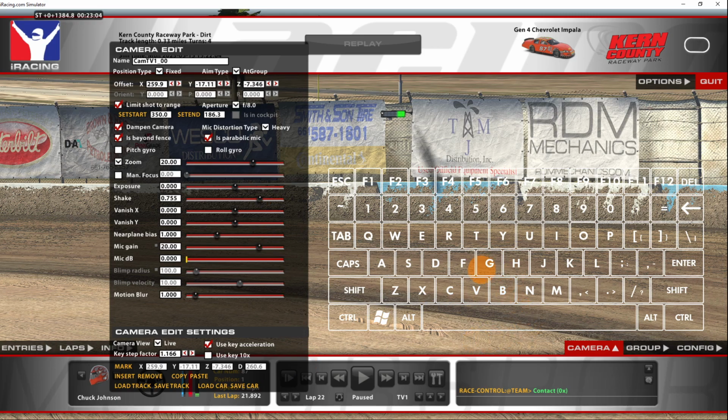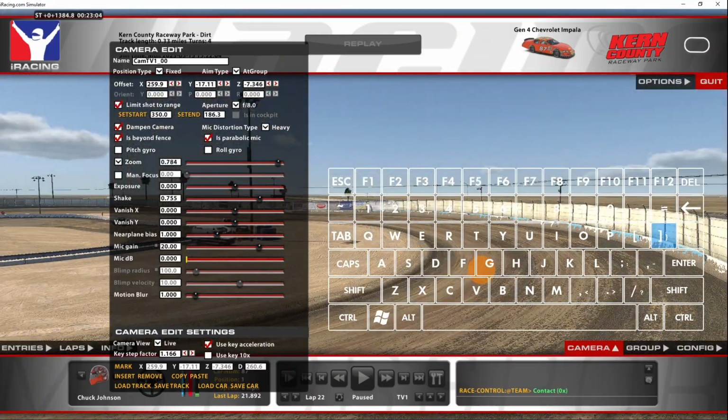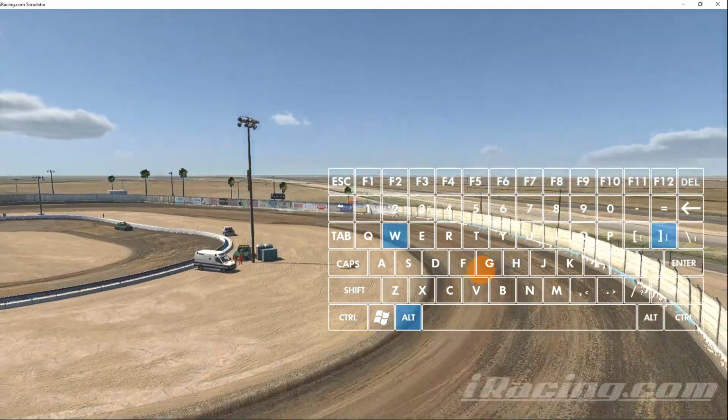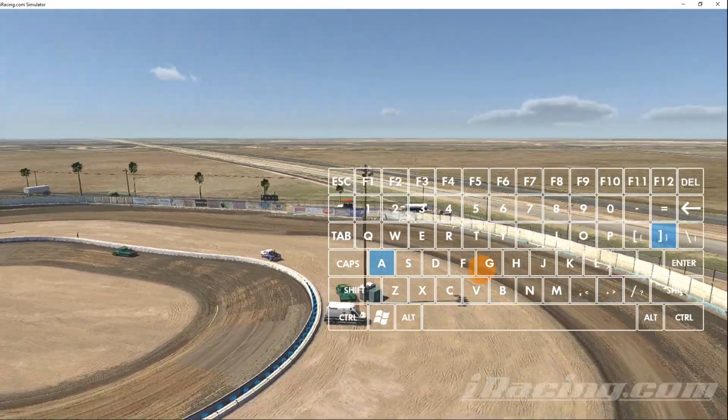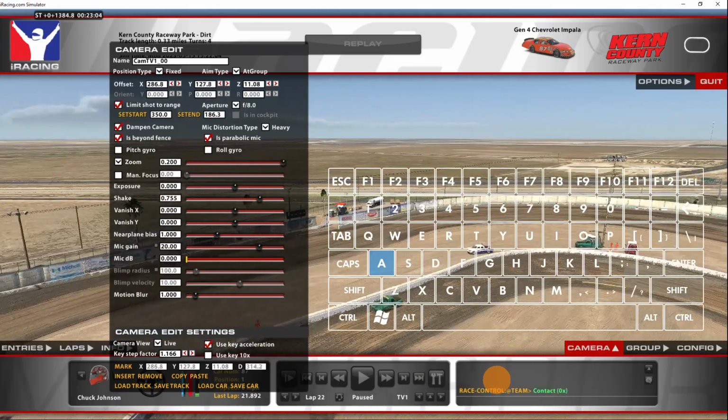I want to make sure that I'm on zoom here, which it is. I'm going to zoom it all the way out. I want to raise it up here. Okay. First, you'll notice that as I start moving the camera, it starts out slow and then it starts picking